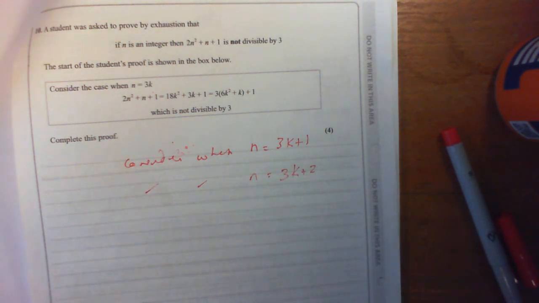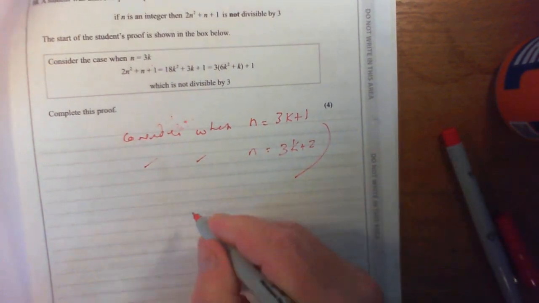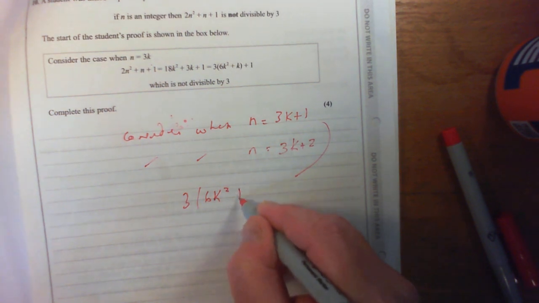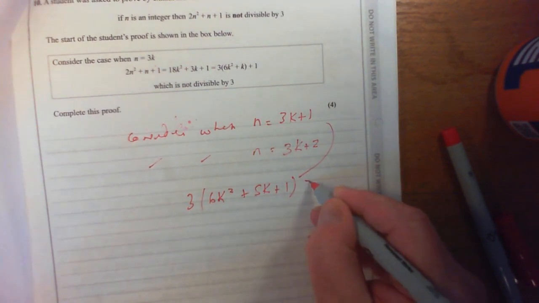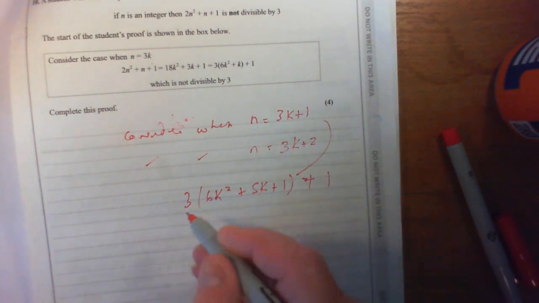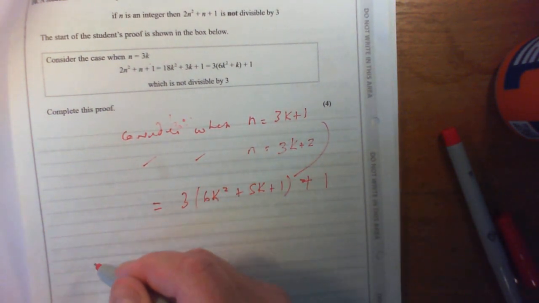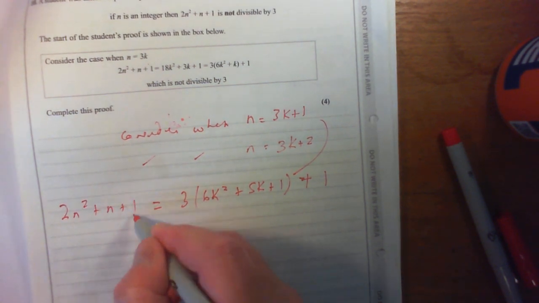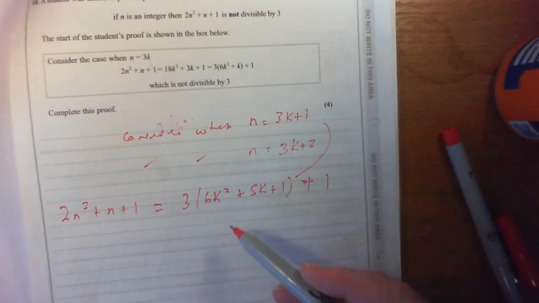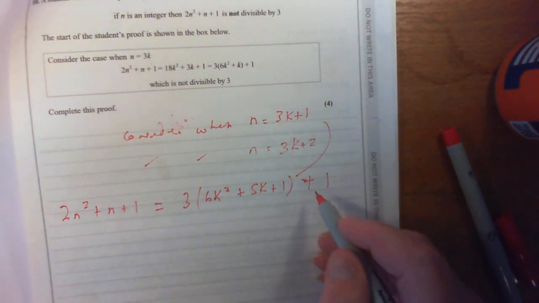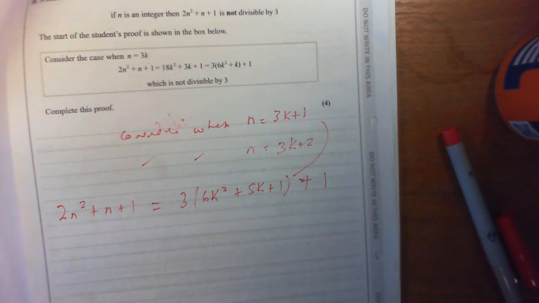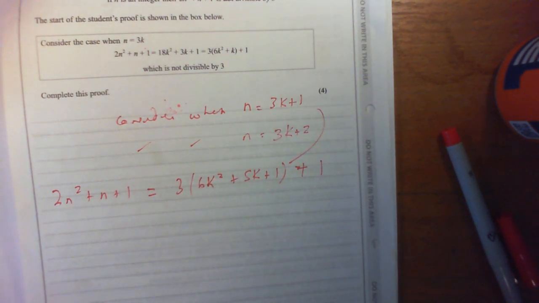For example, for the first bit, you'll end up with something like 6k squared plus 5k plus 1 plus 1. The left-hand side is 2n squared plus n plus 1. So substitute that in there. You come up with an expression like this, and the whole expression is obviously not divisible by 3. So it's a bit of a Mickey Mouse question really, but it flummoxed quite a few people,